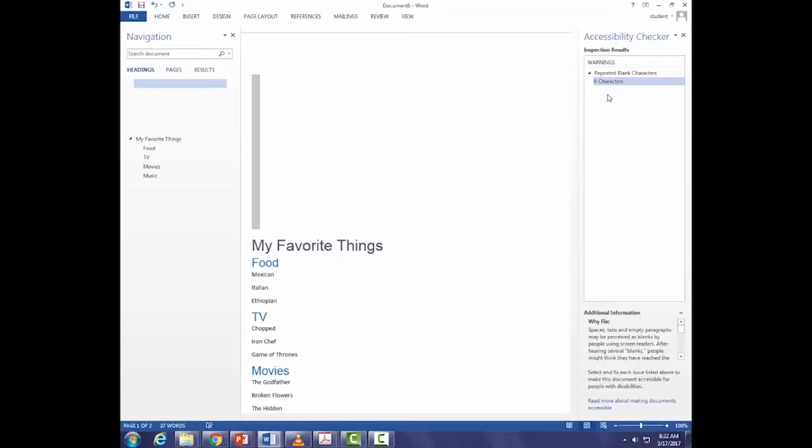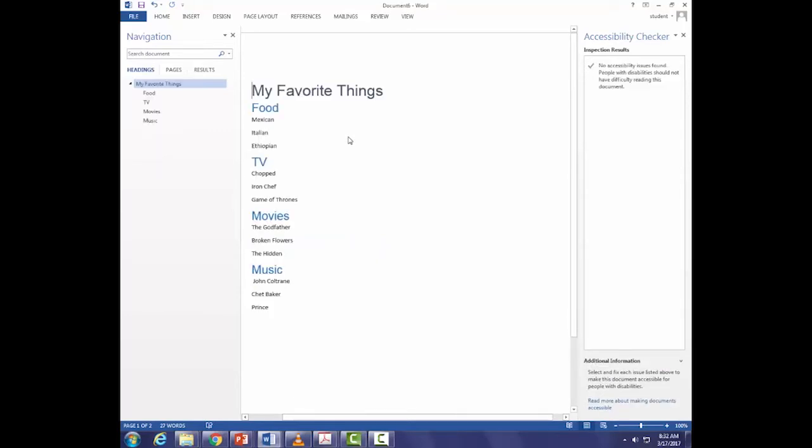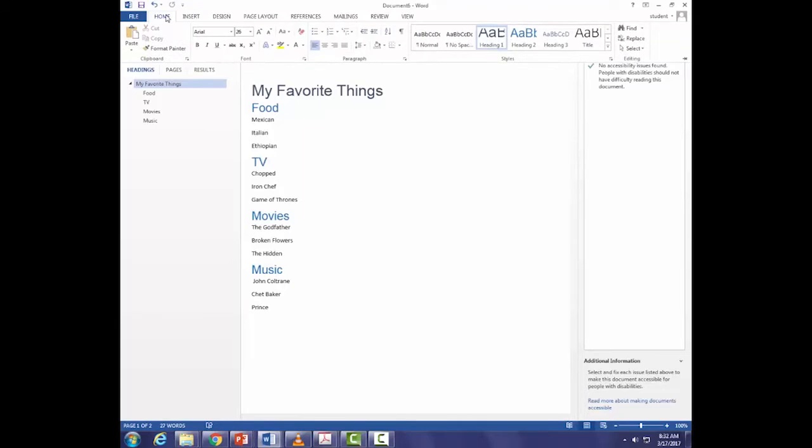So this tells us what the problem is. Now, one of the quick ways to get rid of this repeated blank characters, when you click on it, it'll highlight where they are. And I'm just going to hit the backspace key, and it'll get rid of it. Now, a lot of you guys are saying, but I want to have white space in my document. Okay, we can do that. We're going to go up to this paragraphs group right here. And remember, if I use these built-in features, I can do almost anything.